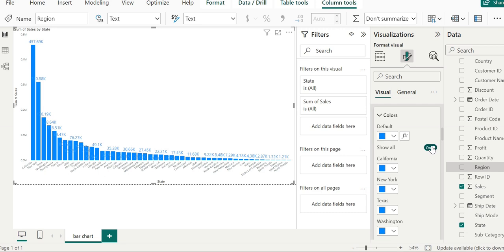So we can control the color of each bar individually from here. You can see that above that toggle control, we have the default color, which is set to blue. This one we are talking about. If we look closely, we can see there is a little formula fx next to the default color, and that allows us to specify a DAX formula to control the default color. So if I click on it,